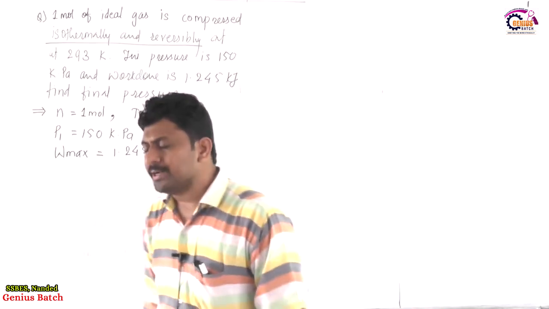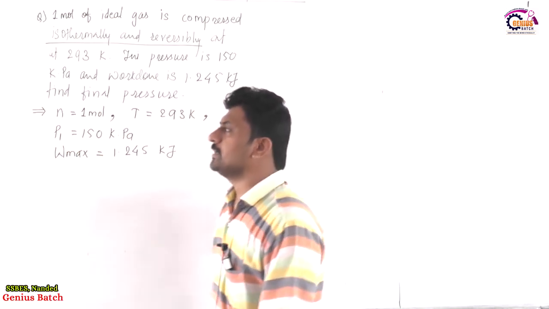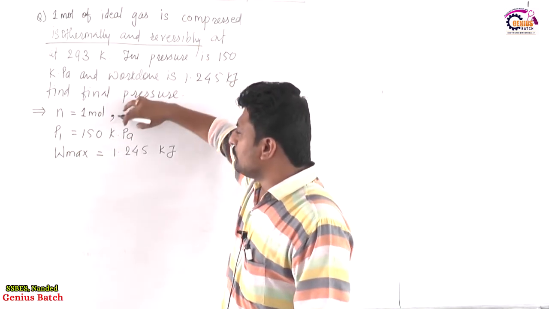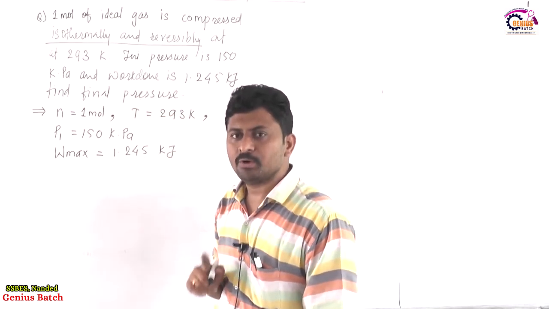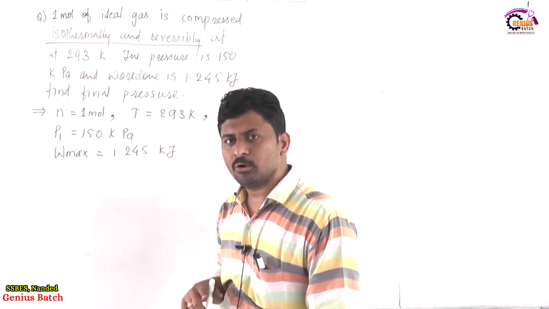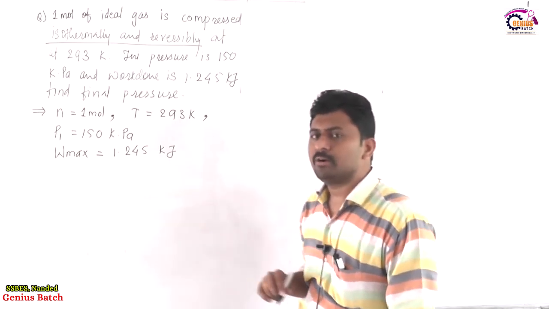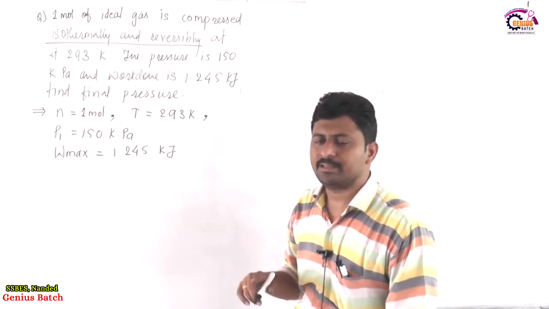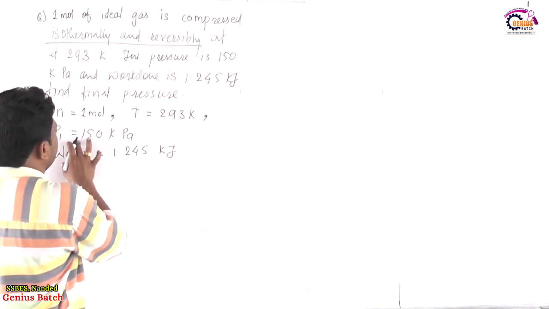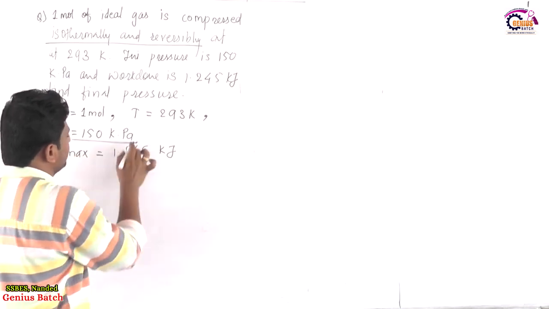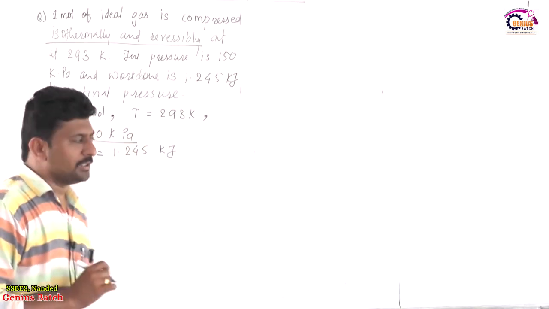SI unit of work done is a joule, so provided work done should be considered in a joule. Next, SI unit of pressure is Newton per meter square or Pascal, so provided pressure should be taken in a Pascal, but it is provided in kilopascals. We need not to change the pressure, because equation whatever we will use, that involve ratio of pressure P1 by P2. If we are taking a ratio, we need not to change any of the unit, just make them in a same system. तर ह्या केसमध्ये आपण प्रेशरसाठी युनिट 150 किलो पास्कल ॲज इट इज टू, जे आन्सर भेटेल ते पण किलो पास्कलमध्ये भेटेल, ह्याला चेंज करण्याची गरज नाही आहे.